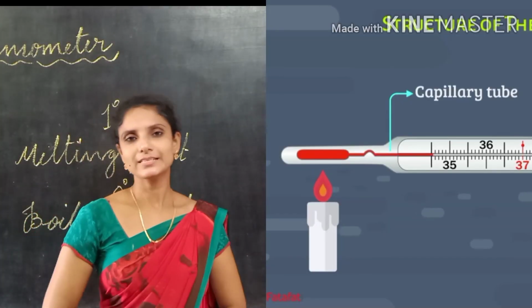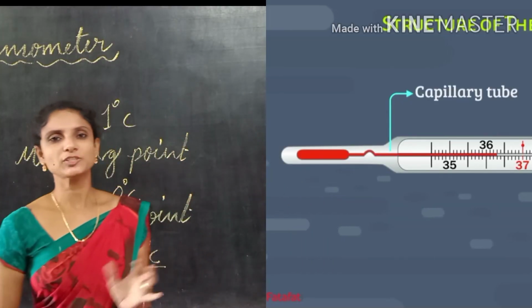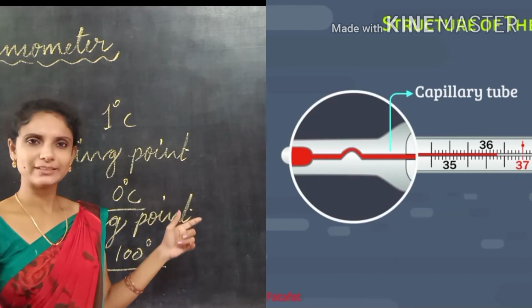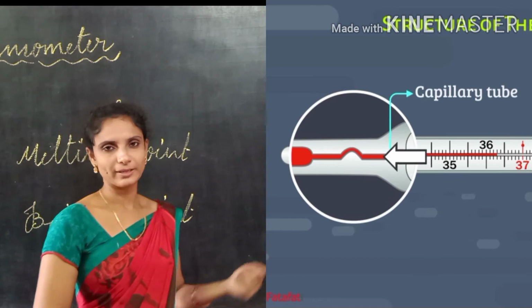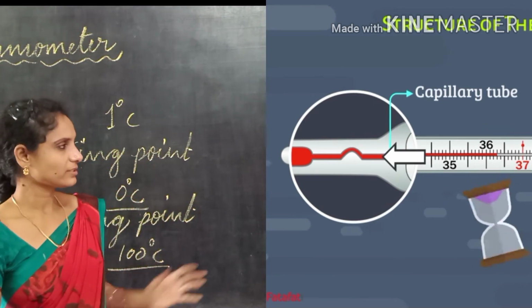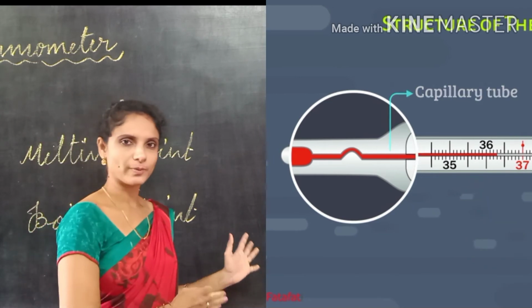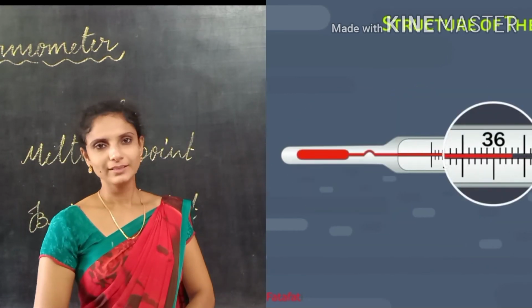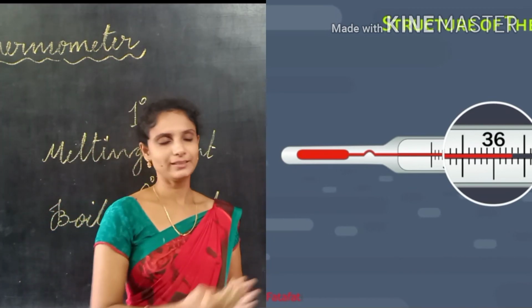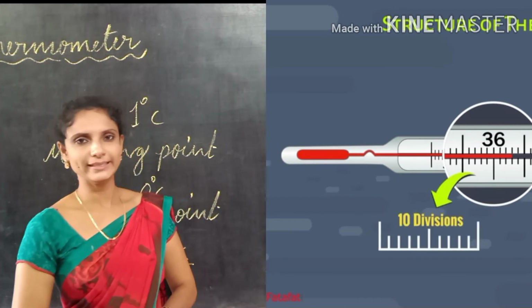These thermometers work on the principle of expansion of liquids due to heat. In thermometers we know that we are using mercury. Not only mercury, we can use alcohol also. So these all work based on the principle of expansion of liquid due to heat. Now we can perform one activity to know the expansion of liquids on heating.